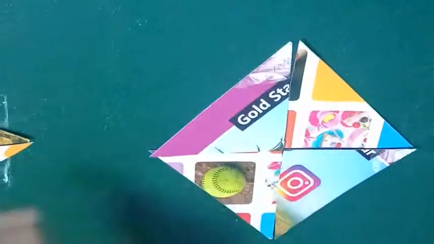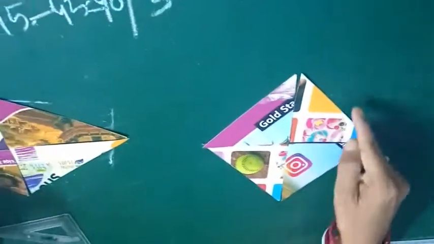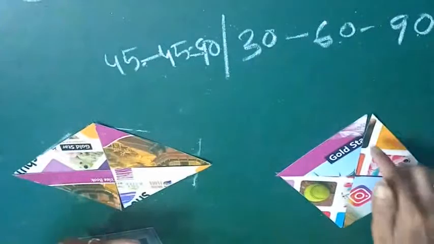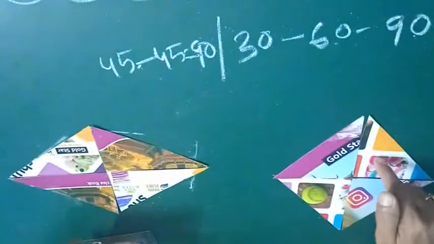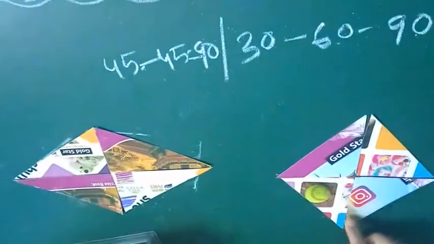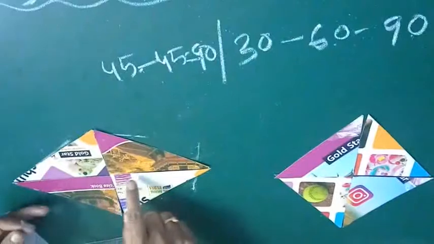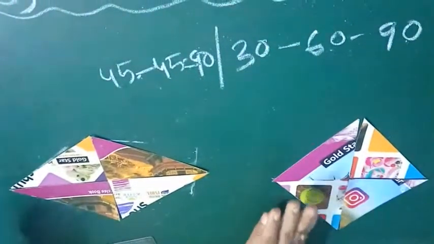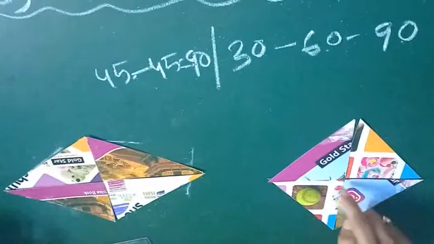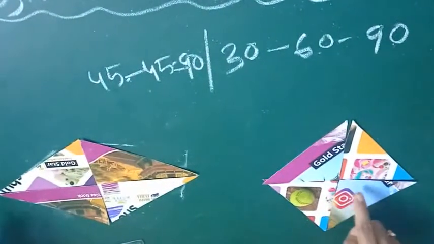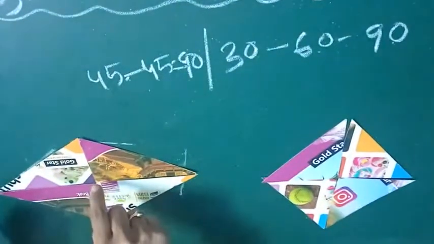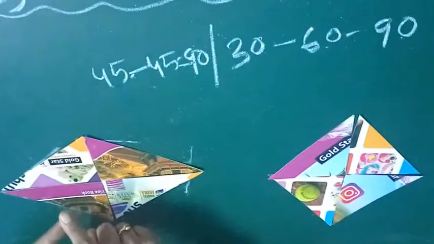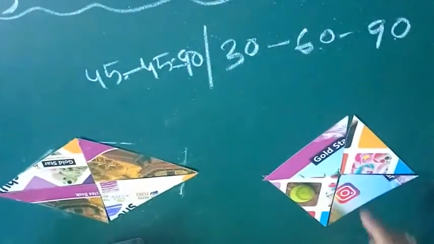So this is the difference between these two. It is also a four-sided closed figure. All the sides are equal like the rhombus, but the angles come to 90 degrees. And one more thing, in this case you have seen the diagonals are equal, but in the case of a rhombus, the diagonals are of different lengths. So I hope you are clear about this. Here also the diagonals perpendicularly bisect each other. Here also the same thing is happening. The only difference is that in the rhombus the diagonals are of unequal length, and here the diagonals are of equal length.